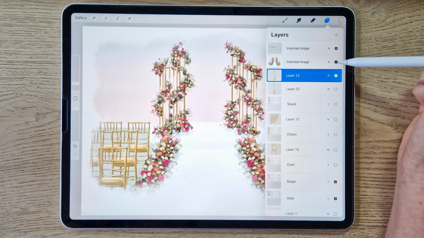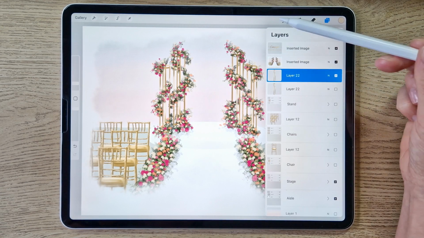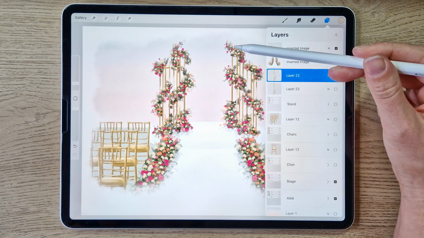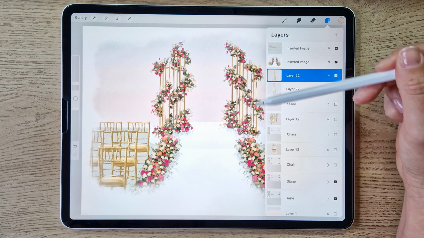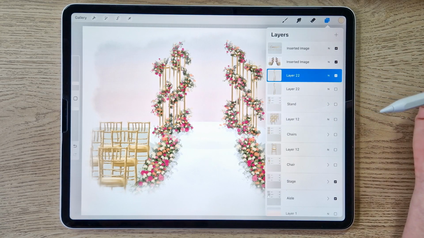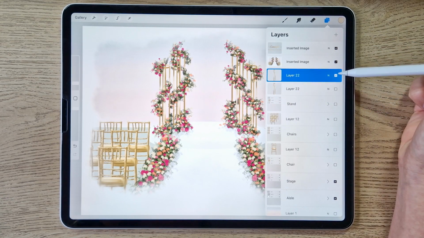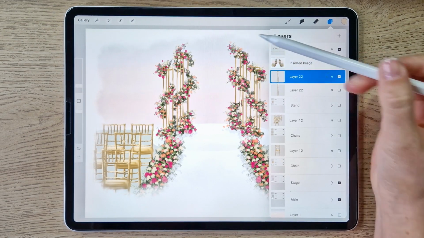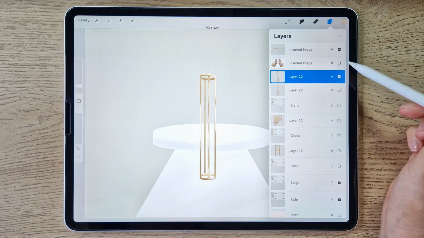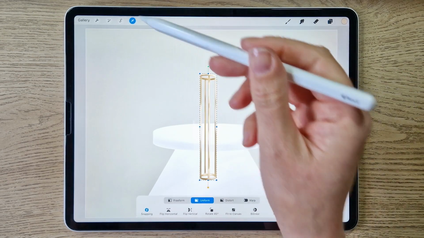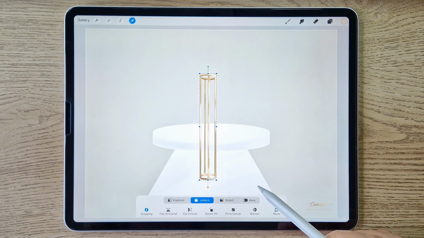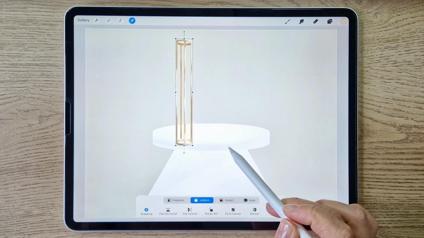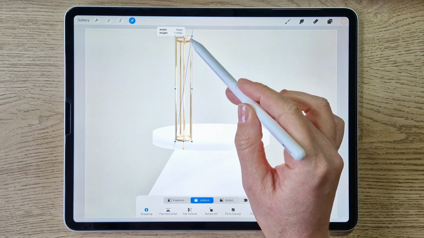You can see that there's 4 flower stands. The 2 that are central are higher, and the ones that sit slightly forward on that curved stage are shorter. And we want to leave enough room at the top of the canvas just to add these flowers and leaves into. So we select our arrow tool. We have uniform selected right now. I'm going to move this up and reduce the size down